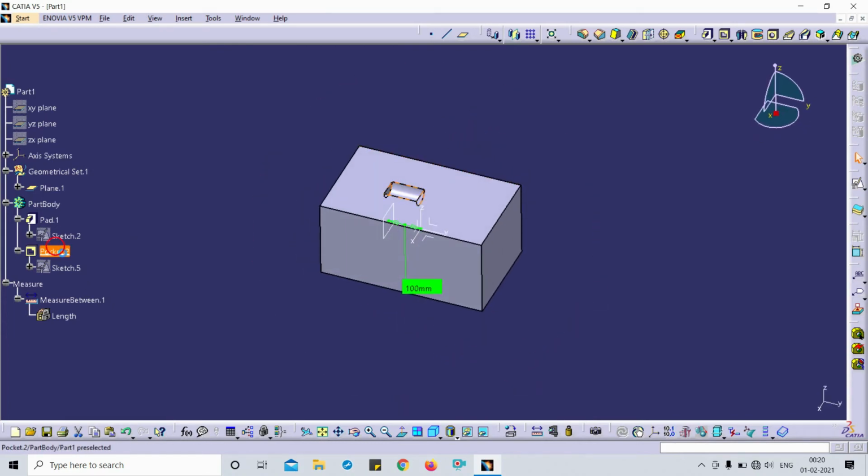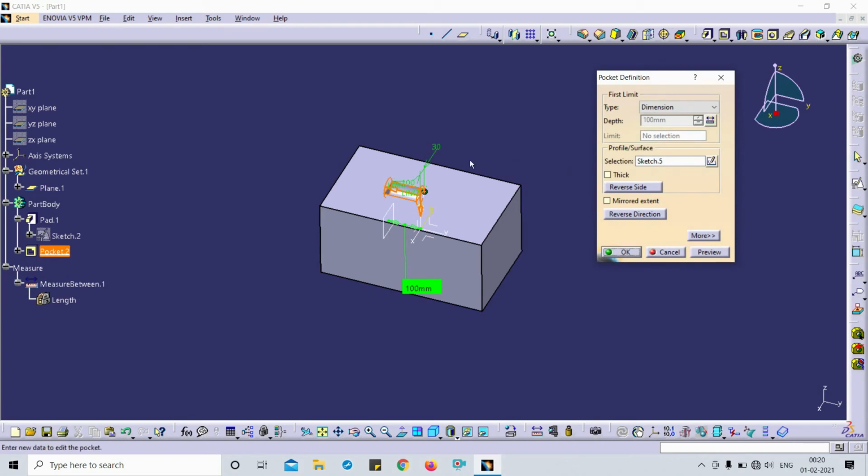And the problem I'm telling is, I just wanted to remove this measure between dimension and simply input manually, okay. So just go there, right click and remove the link with measured. You can just remove the link and you can input manually.